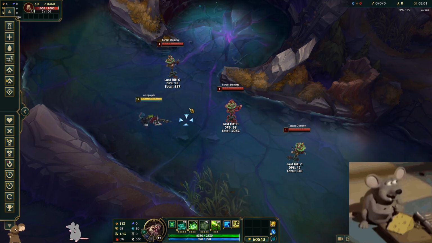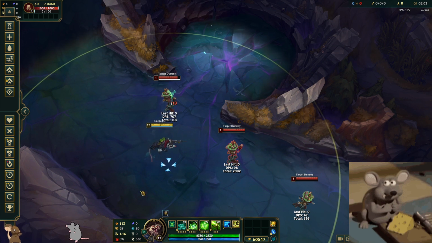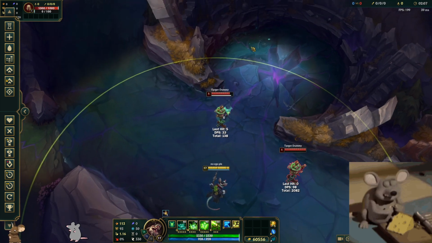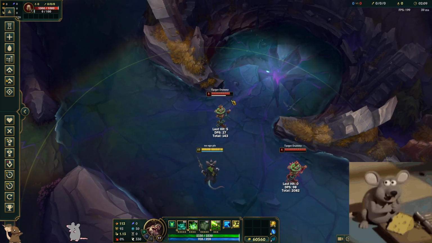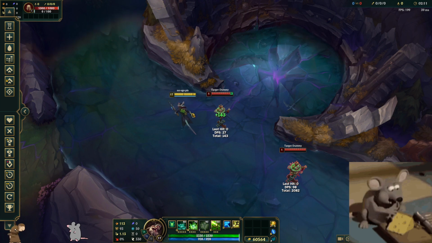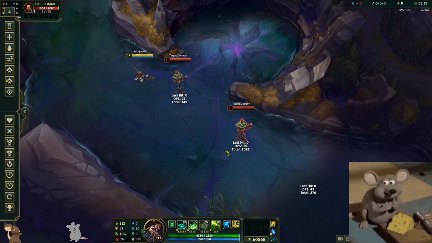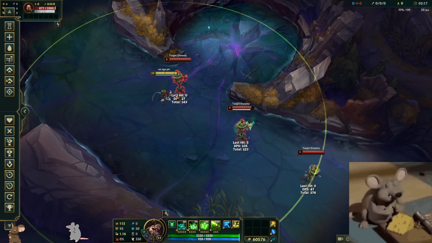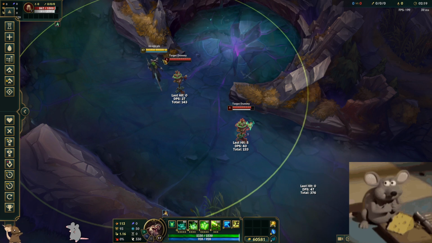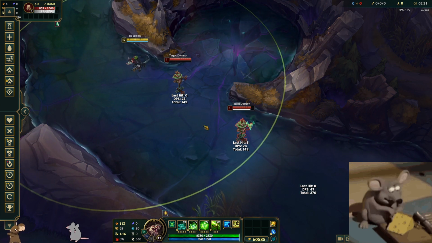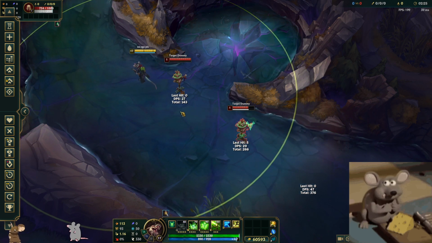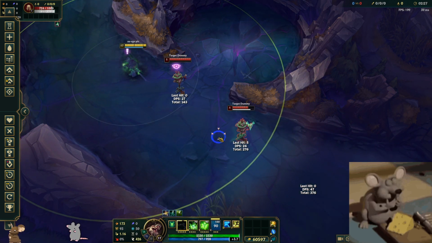So again, the main purpose of it is that you're not meant to walk away or walk into the enemy, right? Through the enemy, whatever. But one thing you'll notice now is that if I'm standing here and I go to click here, I will actually walk past this dummy. And this is not intended. And this is important to be aware of if you're playing Twitch. Because even though it might not seem so bad now that I'm only walking over here, if I'm in a situation where I'm using my ult and I go to attack here,